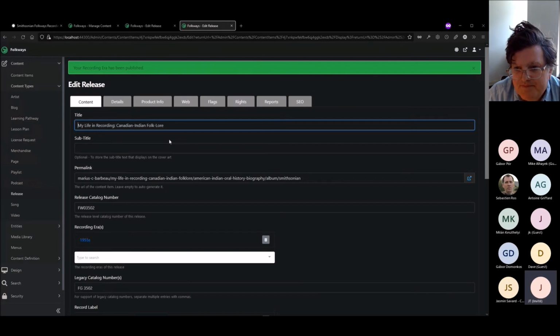So we do it in a background job immediately, so we don't have too big an impact on the admin UI. And as Gabor said, we made a new import from Excel, from whatever.